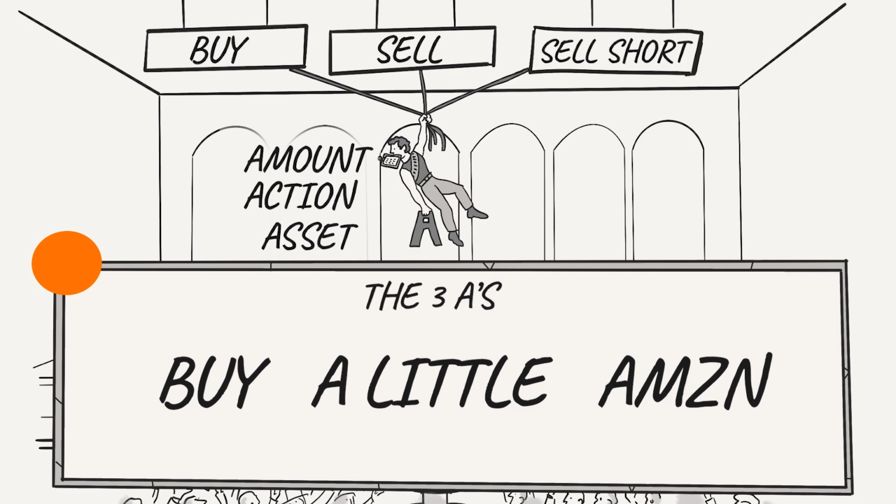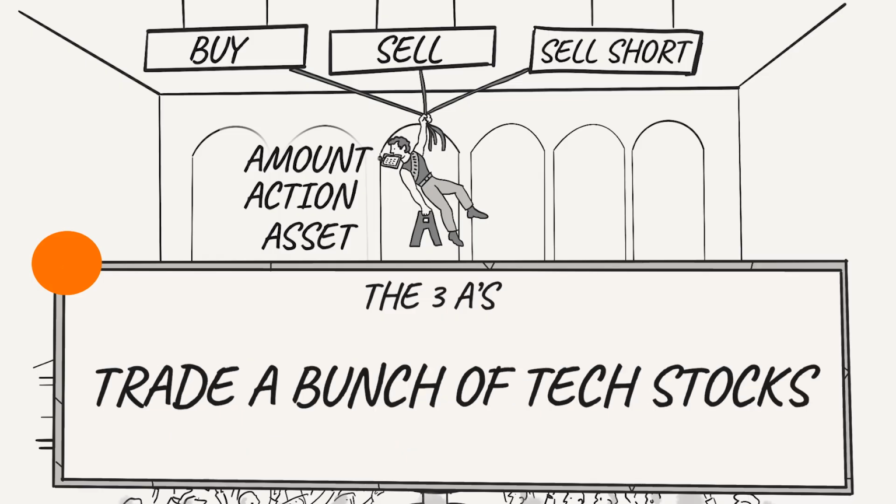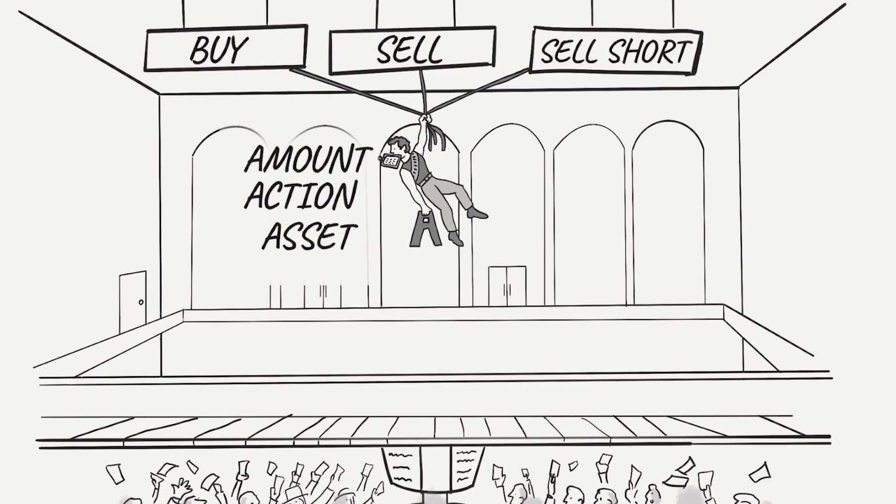Buy a little Amazon. We've got asset and action, but what's so little? To an average Joe, a little might be 5 shares. To Jeff Bezos, it might be 1 million shares. So the amount must be specific. Same with the action and the asset. Trade a bunch of tech stocks in my account would not be a valid order. Trade is not an action, a bunch is not an amount, and tech stocks aren't an asset, maybe an asset class or sector. Asset, action, and amount are all that are needed for a valid order, but those 3 are